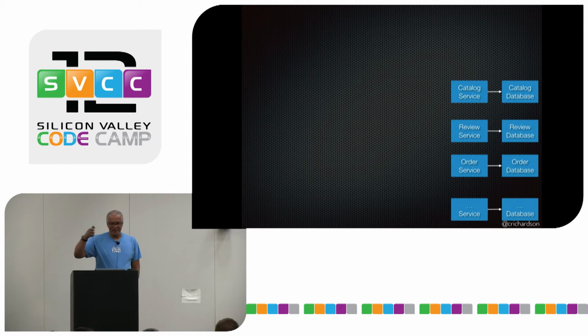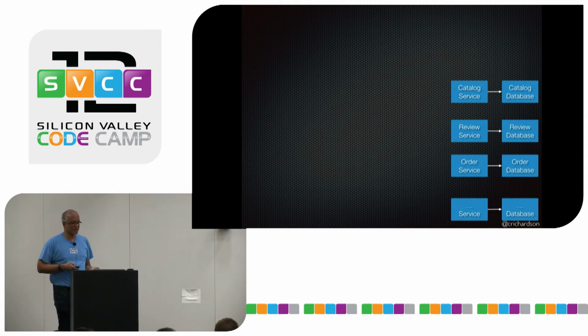So when you think about the microservice architecture, you're going to have an architecture that looks like this. You've got a bunch of services. Each service has its own private data. That's essential to ensure loose coupling, even though that creates some really interesting challenges around maintaining data consistency or querying.